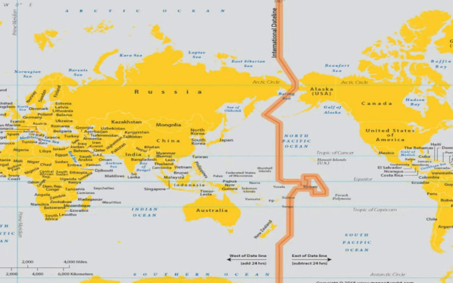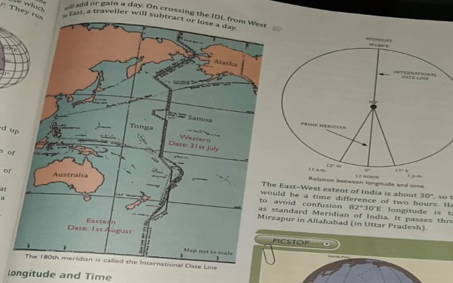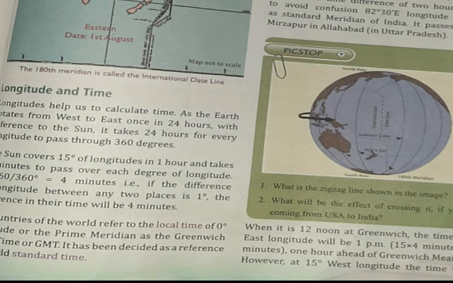Now, the International Date Line. The International Date Line is an imaginary line. 180 E and W is the same meridian and is simply called the meridian of 180 degrees. This line is drawn in a zigzag manner and deviates at places on maps so that it doesn't cut through any island or cause confusion of dates in one country.